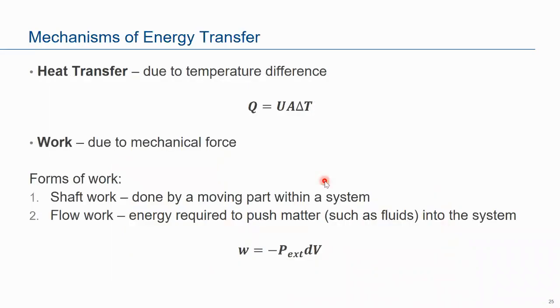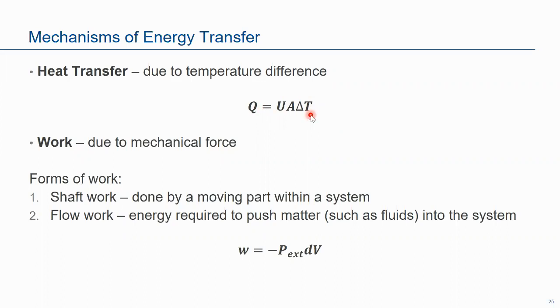Now, nalaman natin yung mga iba't ibang forms of energy. Now, the next question is, paano natin matatransfer ang energy sa isang system? And there are at least two mechanisms to do that. Number one, through heat transfer, which is transfer of energy due to temperature difference. So if at 2 points there is a difference in temperature, heat transfer will occur. And the equation that is used to calculate the amount of heat transfer is what you're seeing right now. And you will normally learn this in heat transfer courses.